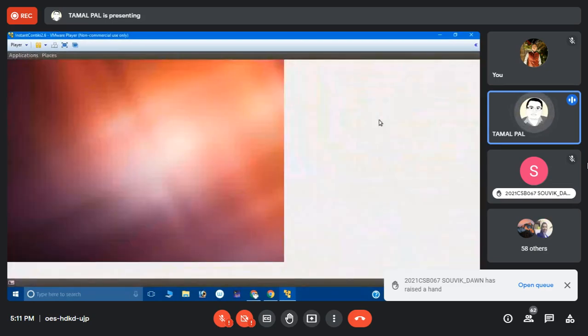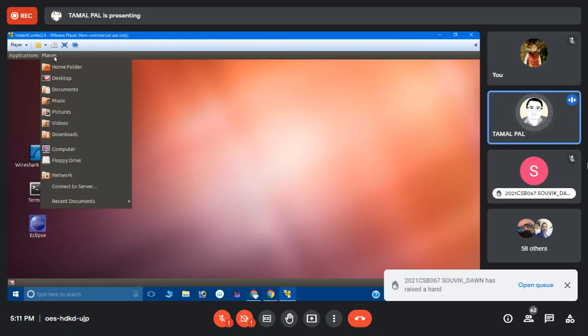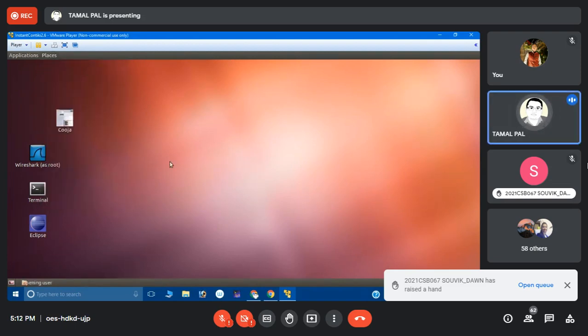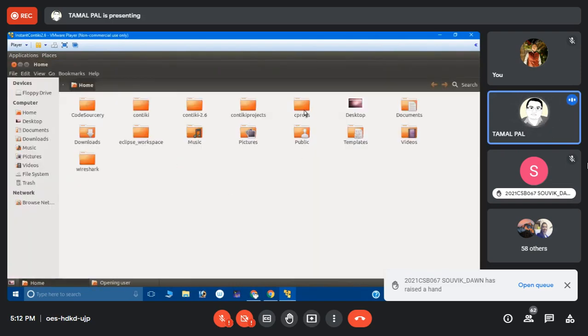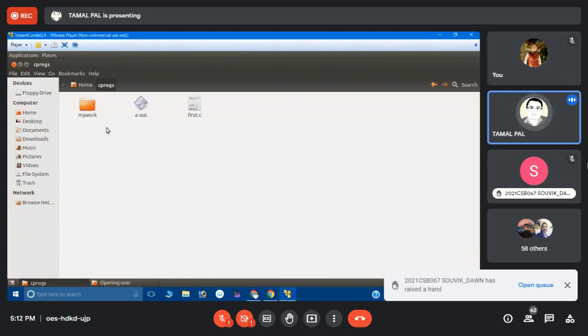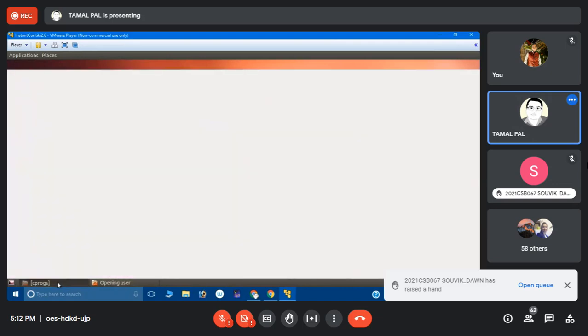Probably in your lab, you will get familiar with different types of Linux commands at the beginning, because in our lab we do C programming using Linux. So let me check if there is any file or not. If it is not, then okay. Otherwise, there are several C programming files there, but how to create a file? Okay, let us discuss.